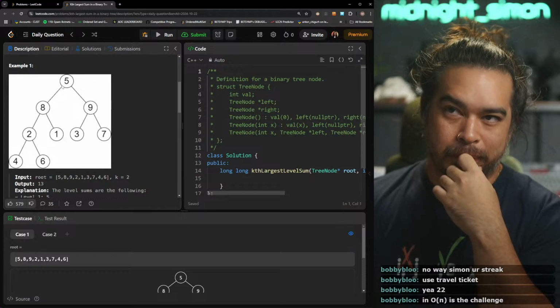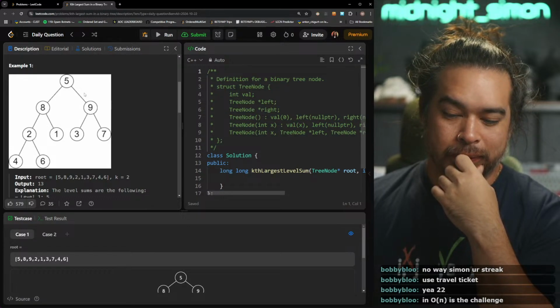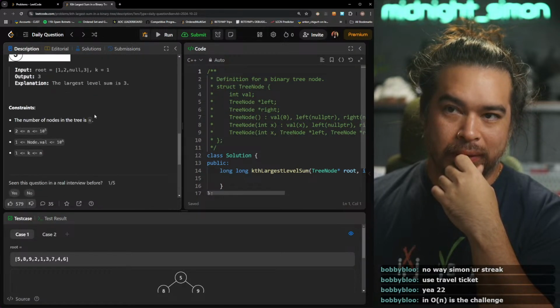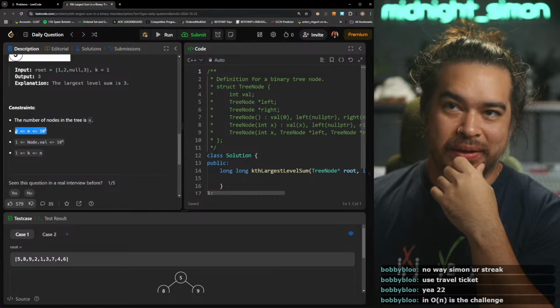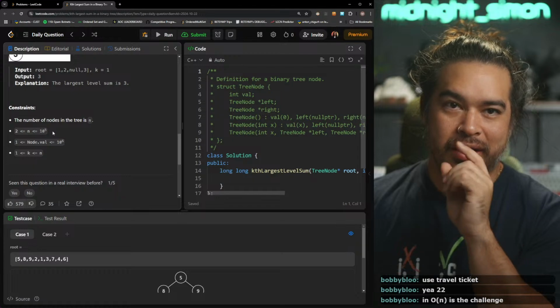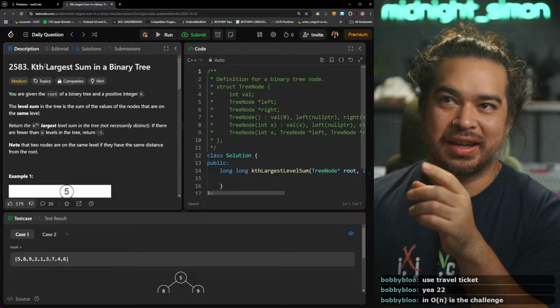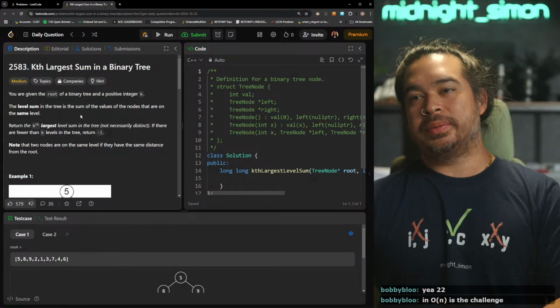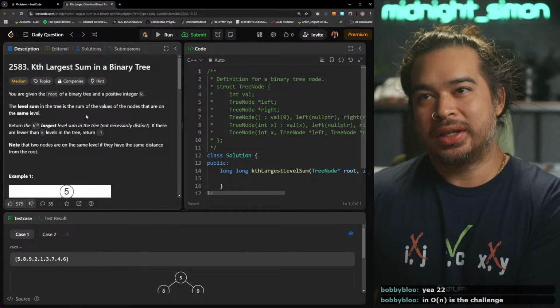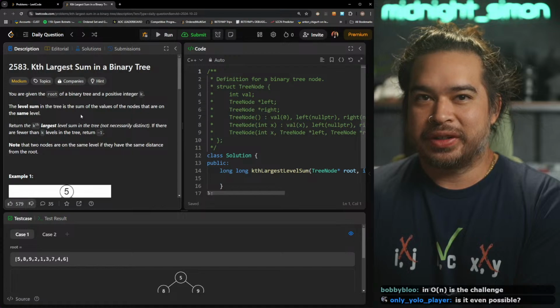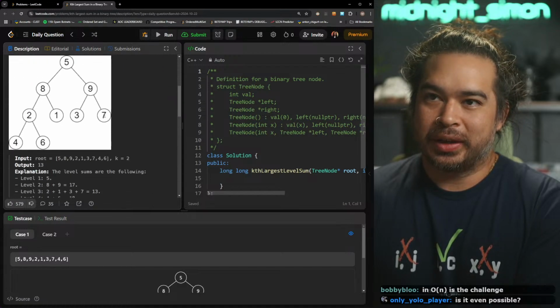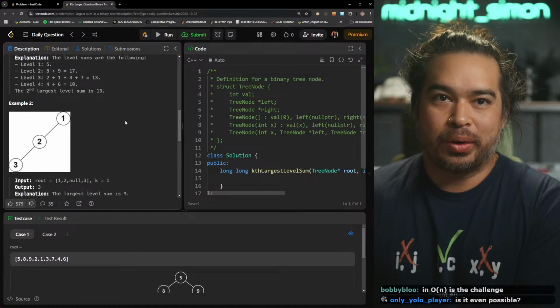O(n), you say, huh? Alright, let me think about that. I can solve this for sure in n log k time, because it's just a level order traversal and you put everything in the heap.